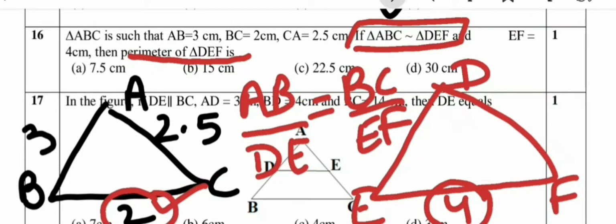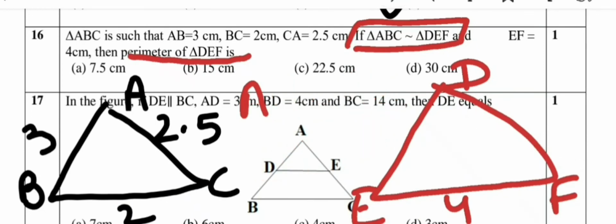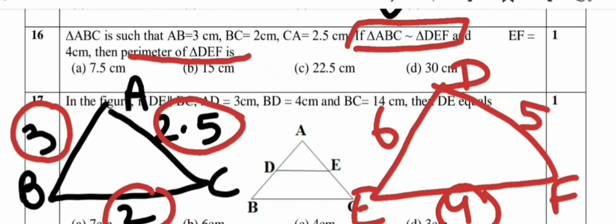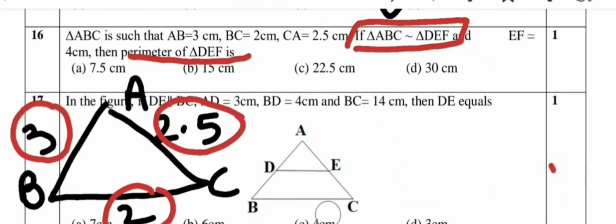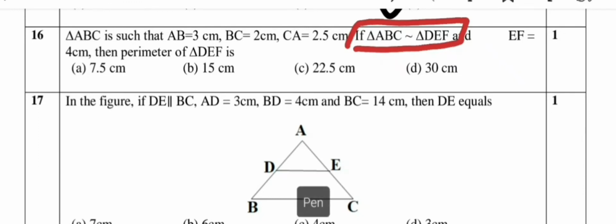Or simply we can see what the relation is between these two sides. Now this is 2, this is 4. So it means the side of this triangle is double the side of the first triangle. So we can just do twice of the sides. So if side AB is 3, this side will be 6, double. This is 2, this is 4. This is 2.5, so it will be 5. Now we know all the three sides of this triangle. So adding them, we can find the perimeter. So 6 plus 5, 11 plus 4, 15. So the perimeter of this triangle will be 15 centimeter.